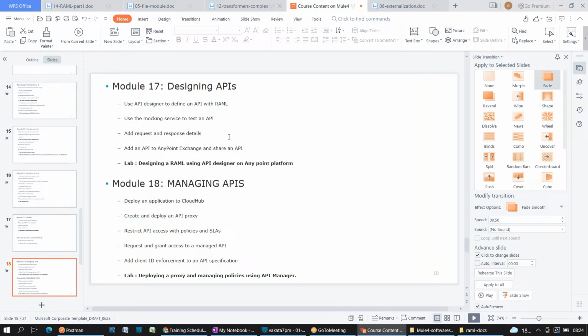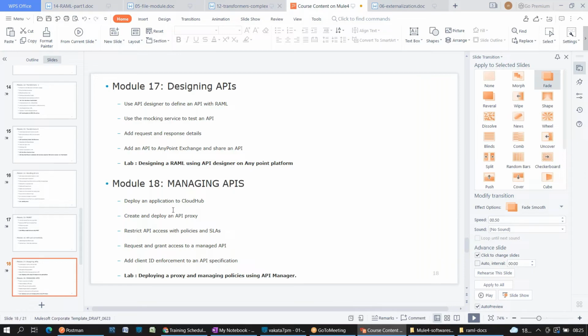So while designing, if you want to get feedback, how do you enable the mocking URL, how to create sample data for your API, and how you will share it with the client to get feedback. Once the feedback is done, then you will write the implementations, then you do the testing, then you will deploy the applications.